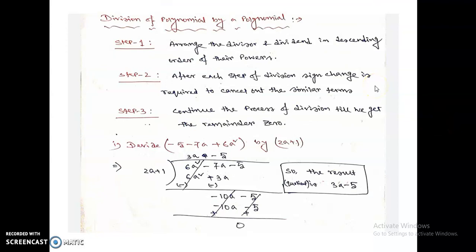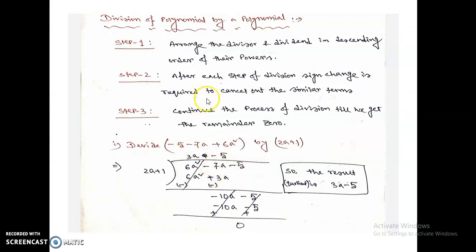Now, division of a polynomial by a polynomial. When we divide a polynomial by another polynomial, how can we get the quotient? Here you can see we are dividing minus 5 minus 7a plus 6a square by 2a plus 1. First of all, in this case of division, whenever both the divisor and the dividend are